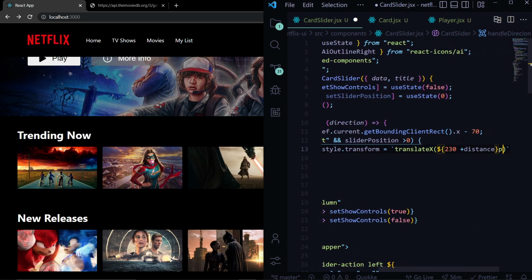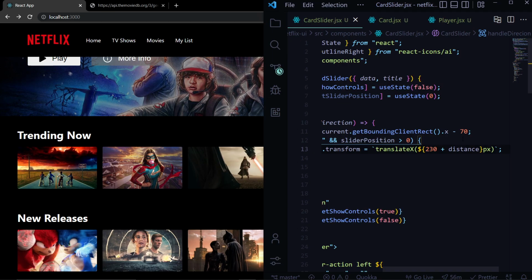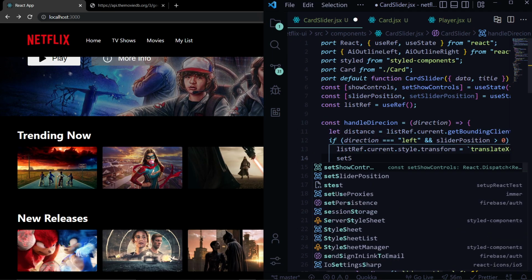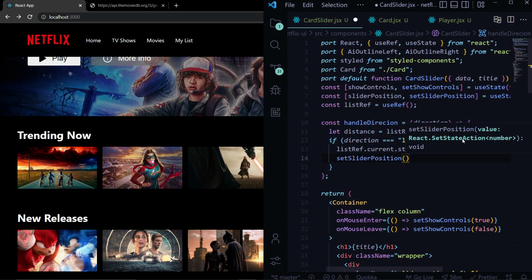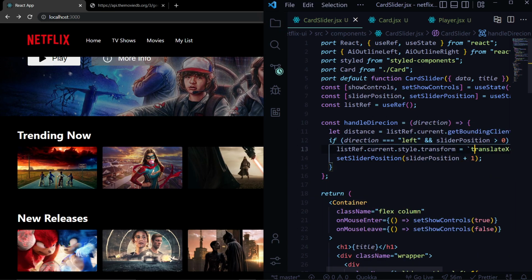I'll explain this code in a minute. Now we'll set the slider position to slider position plus 1, and we will copy this,